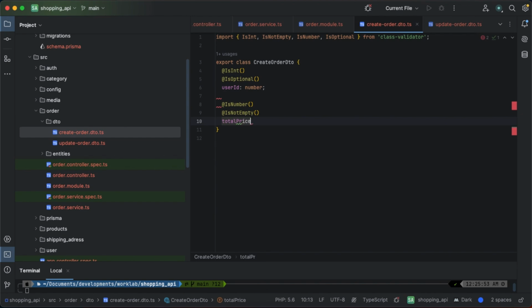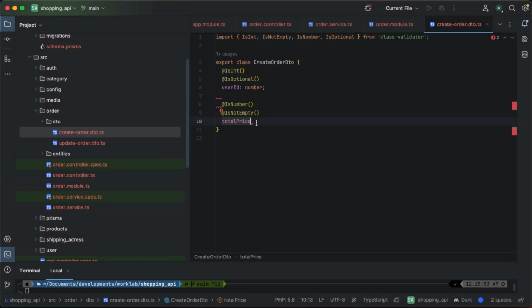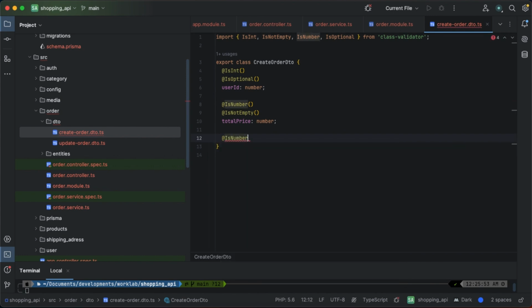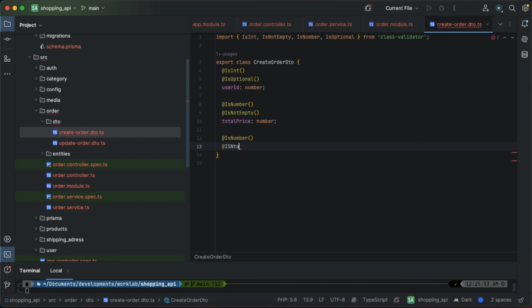You need to know that these things are from the schema. So total price, okay, and also we have the shipping address ID. We need only the shipping address ID. From there we can know exactly the details of that address. We just need an ID, and it's not empty,